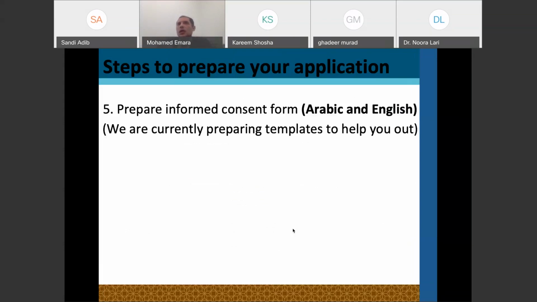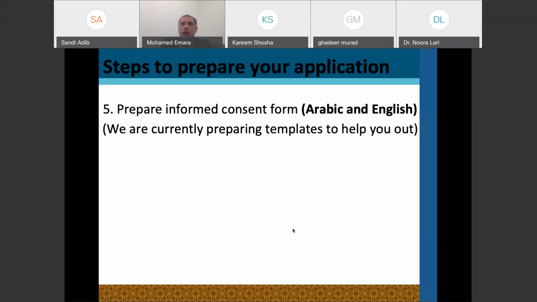There is something also that is very important that I need to stress on, the informed consent form. There are some studies with no need for an informed consent form, where there's no interaction with the human subjects. So I don't have any kind of direct interaction with human subjects. I'm not interviewing, I'm not administering questionnaires, I'm not taking samples. So no need for an informed consent form. However, for those with direct interaction, there must be an informed consent form. And this informed consent form must be signed by the human subjects, and it should be detailed.